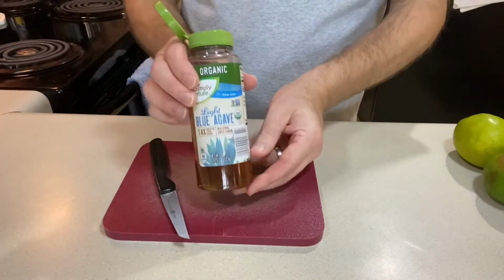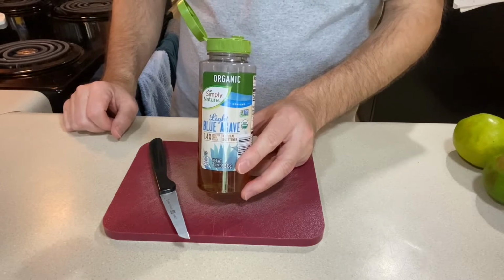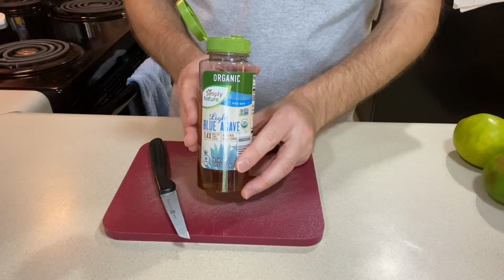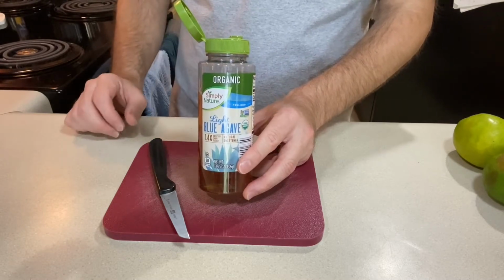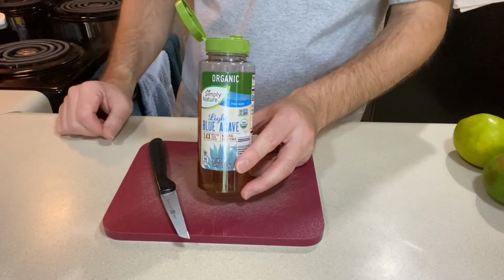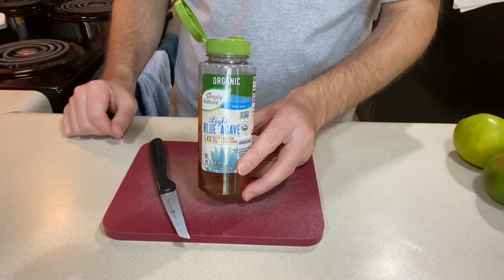I've got some light agave. That's just gonna sweeten the margarita a little bit and take the edge off the tequila and the lime. You don't have to use this if you don't want to. You can also use a little bit of stevia or a little bit of sugar, anything to sweeten it up. Honey. A little bit of that is what I used to use, but it's a little too sweet for me, so I've dropped back to this, or very little stevia, just a little bit in there just to take the